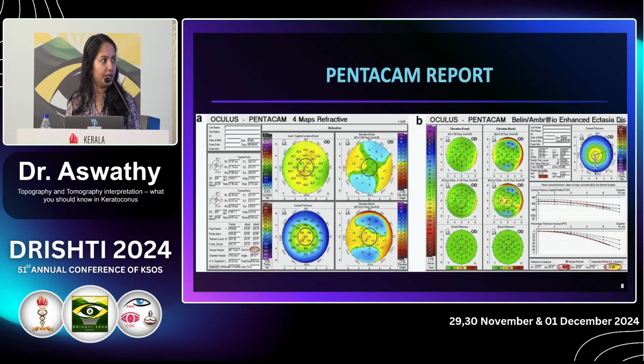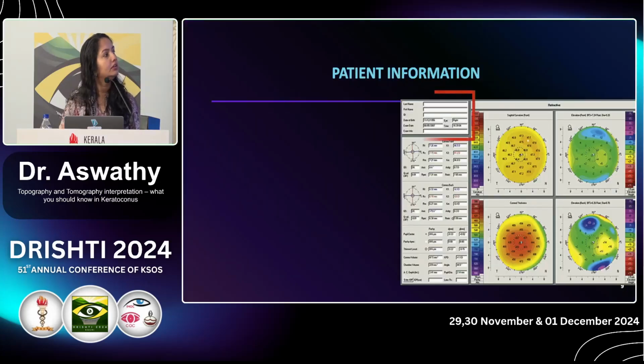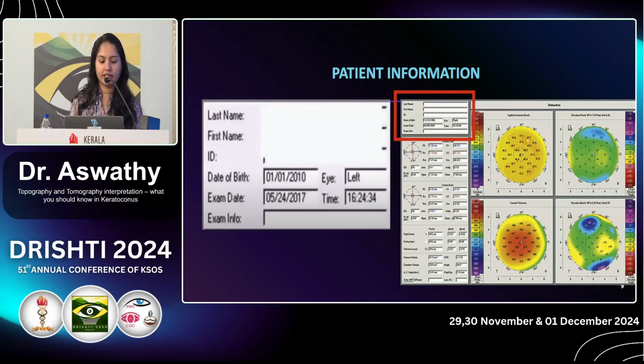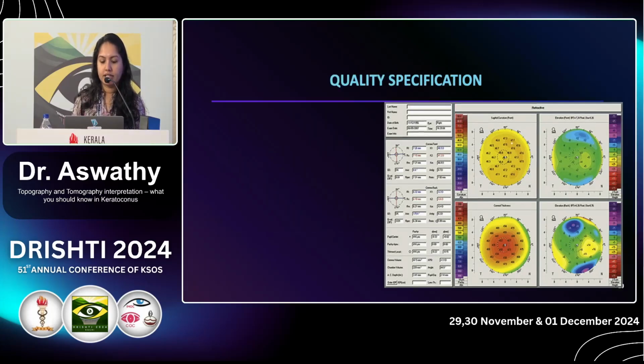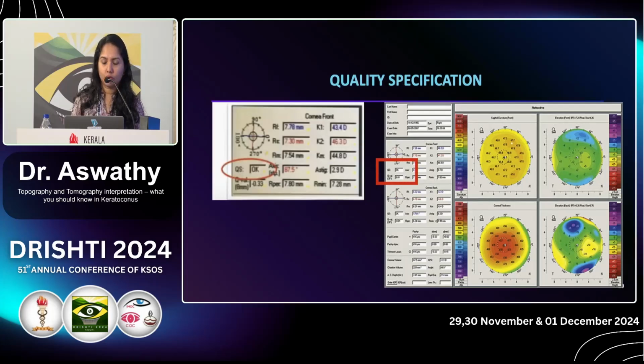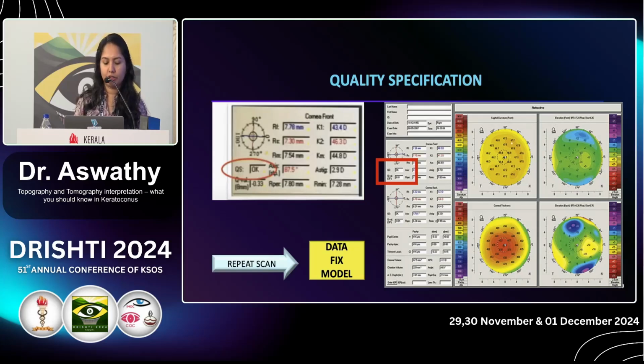So this is what we get, the report of the Pentacam. In the first part, we have the patient details. The patient details we have to enter correctly, especially the year of birth. The age of the patient is very important in comparing with the data. Next thing we have to look at is the quality specification or QS value. If it is given OK, then the scan is fine. But if any of the other data is displayed, like data fix or model, then you might have to repeat the